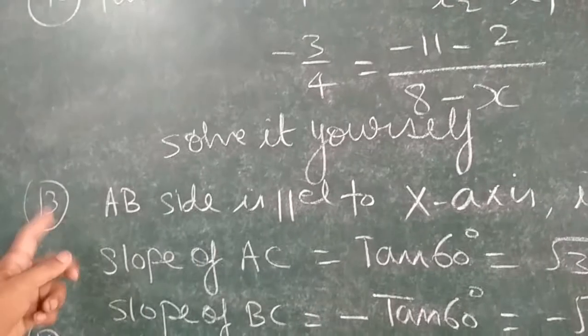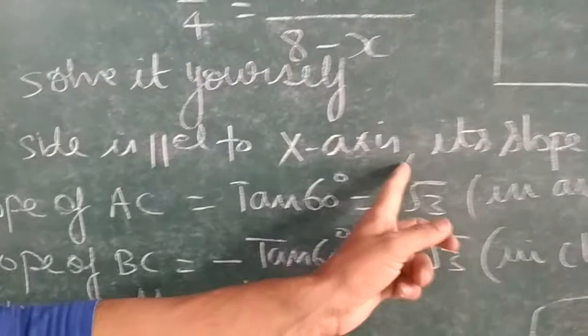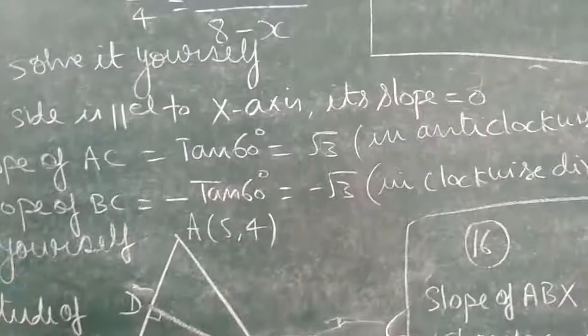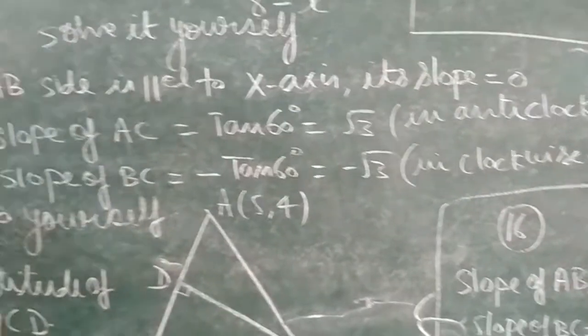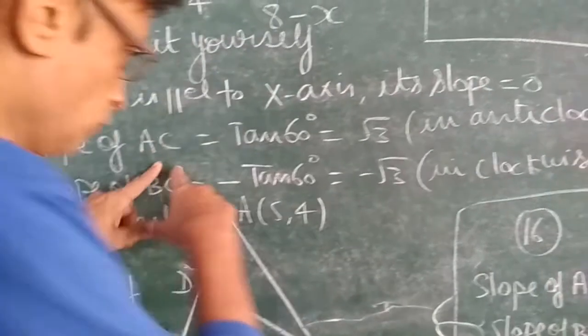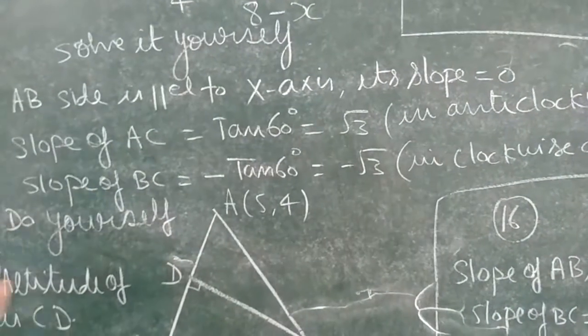Now 13. AB side is parallel to x axis, its slope is 0. जब भी कोई साइड या कोई लाइन x के पैरेलल होगा तो उसका स्लोप क्या होता है? 0. स्लोप ऑफ AC, क्योंकि ट्रायंगल बना हुआ है, आप देख रहे हैं इक्विलेटरल ट्रायंगल बना हुआ है फिगर में,